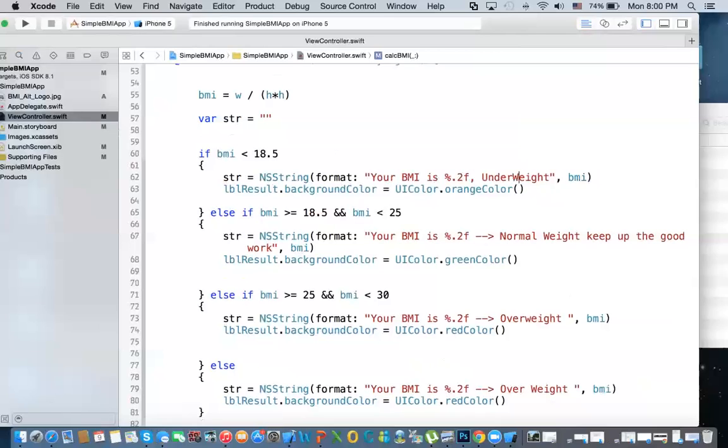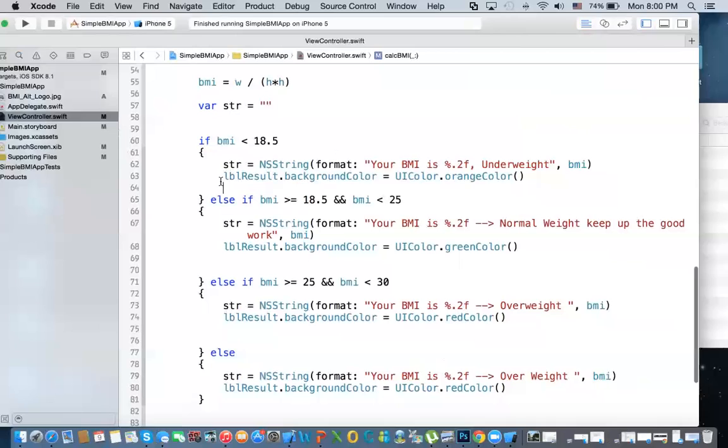Let's make it one word. Okay. And there is the result. Now, to make it a little bit smarter, I also changed the label result background color to reflect what the result is. So if it is